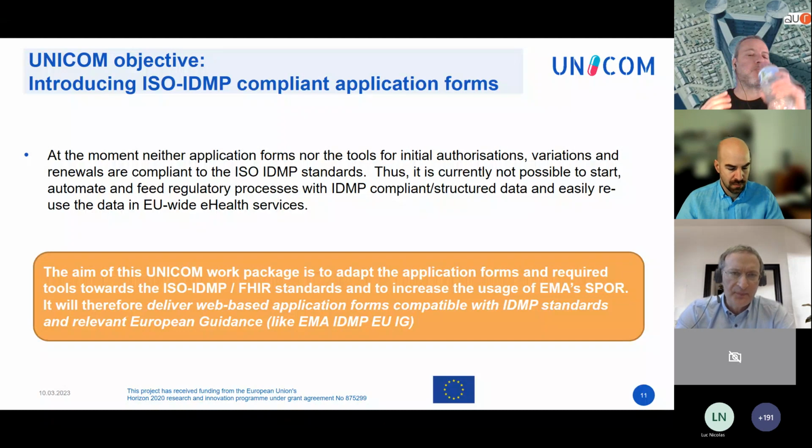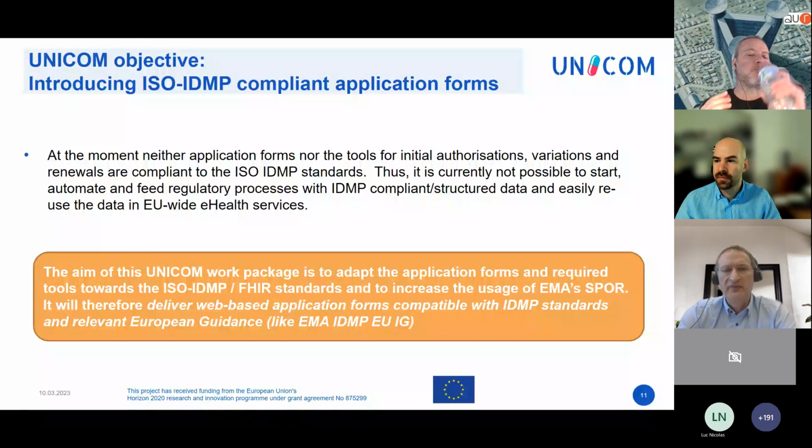So at the moment, all our application forms, so application forms for marketing authorizations, for variations, or for renewals, are not compliant to the new common language, to the ISO IDMP standard. And this means when an applicant starts a regulatory procedure, he submits data in a different, let's say, structure.